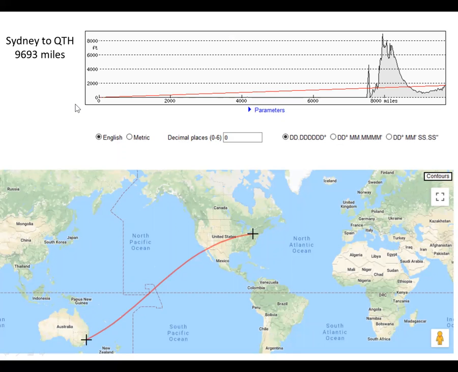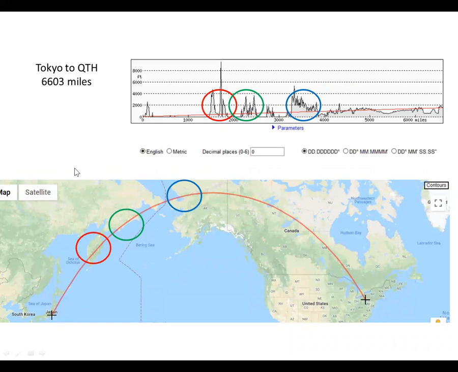So I used that Path Profiler website and did exactly the same thing I did with a station in Brockway. I established the 2 endpoints, and it showed me what was between my station and Sydney, Australia, which was 9,693 miles from my house. Now, I was able to make that contact pretty easily. Then I looked at Tokyo in Japan to my QTH, and it was actually much closer, 6,600 miles on the